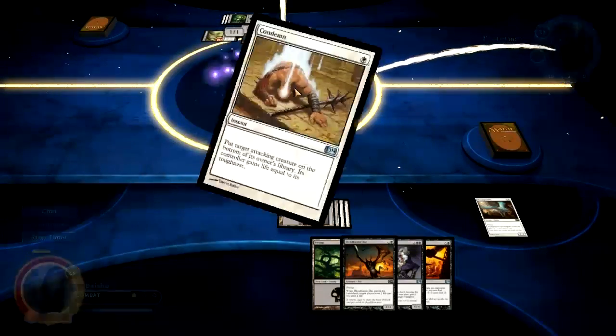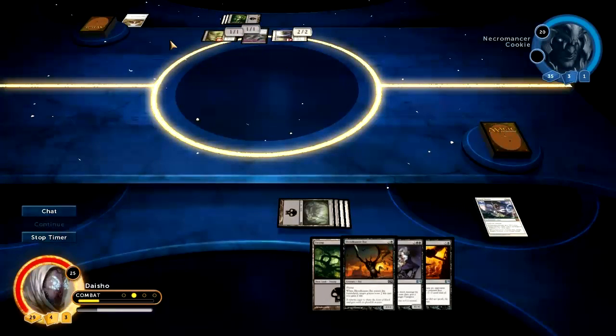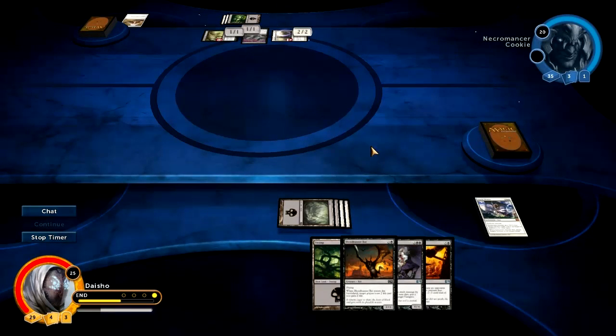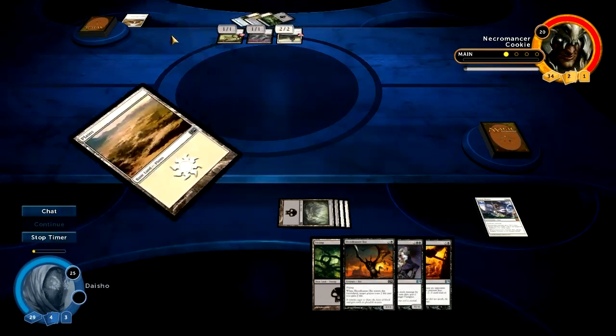Condemn. Huh. Well, that was good. For him. I guess that works too. I didn't even realize that this card was in the set. That card's awesome. Alright, so we lost the Angelic Destiny, we lost our creature, and he only had to spend